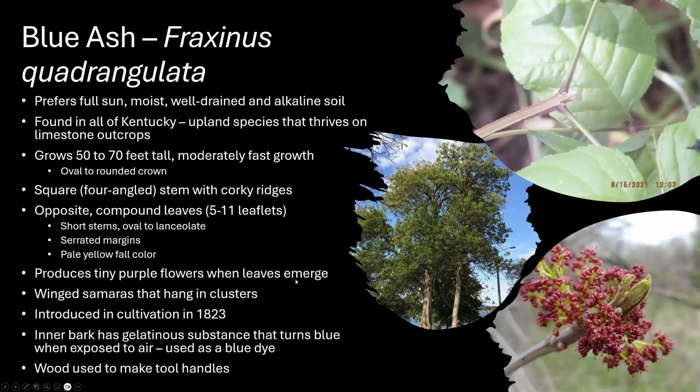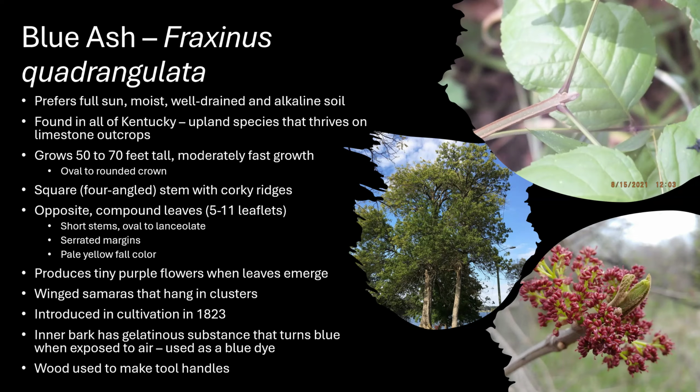All right. So the first ash that we are going to focus on is the blue ash. And this one is very easy to identify, especially if you look at its scientific name. So its scientific name is Fraxinus quadrangulata. And if you think of quadrangulata, if you look specifically at the stems, and you can kind of see that with the top picture here,